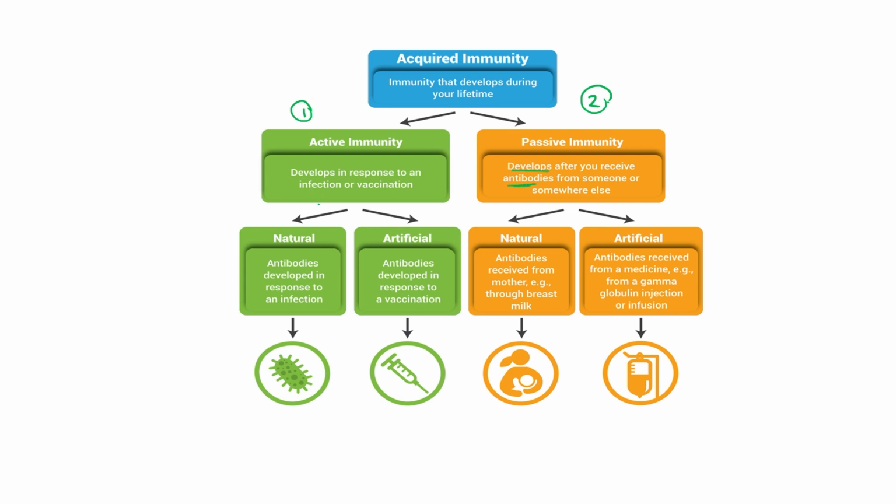We can further classify active and passive immunity into two types, natural and artificial. Natural active immunity is when natural infection occurs, so antibody is naturally developed by our body in response to an infection. Artificial is when we artificially